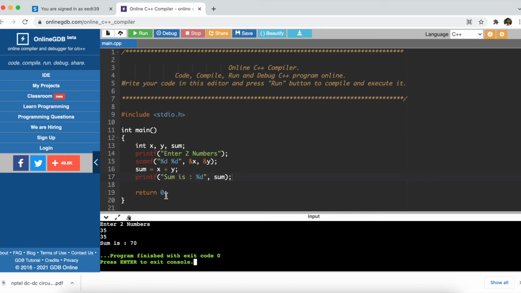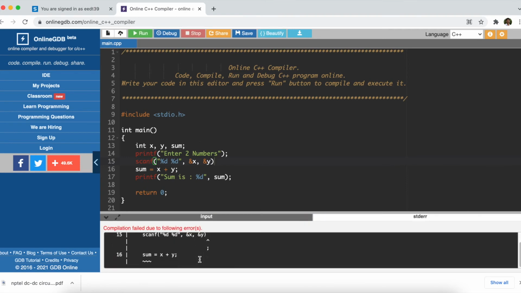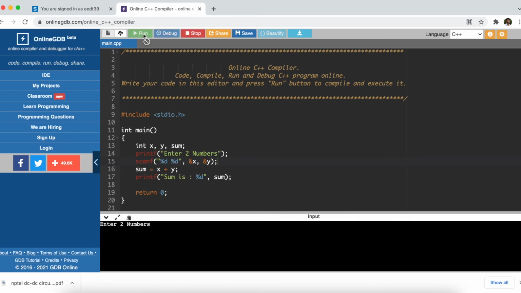Most of the C programs which I have done in class, you can try. I expect you to try, because only through trying will you understand how the programming syntax works. You can make deliberate mistakes and see what happens. I have removed a semicolon here. Let me see what it will tell. It will give an error here. You can see the arrow mark showing that something is missing. A semicolon is expected before sum. This is how you make mistakes and then learn from them.